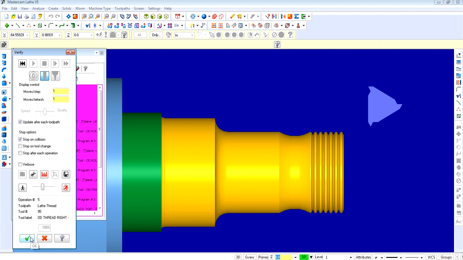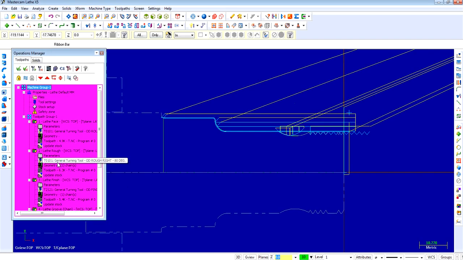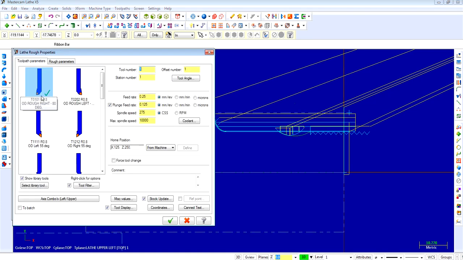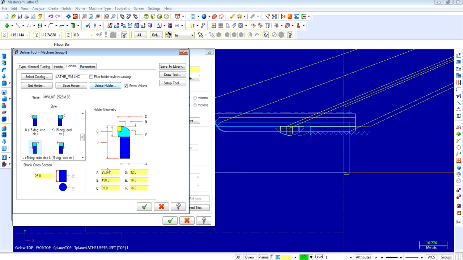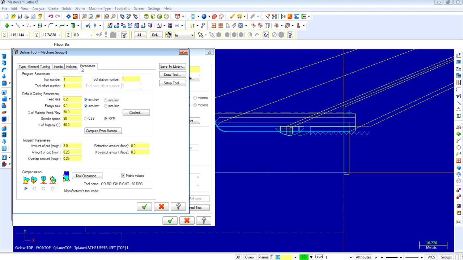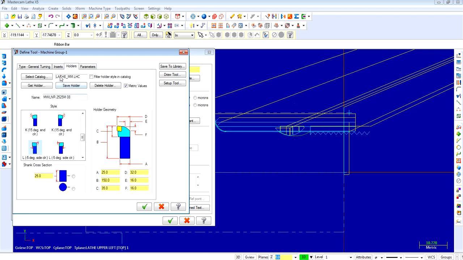So sometimes what happens is that the tool will get stuck and there will be a collision between the tool and the job. So for that we can change tool parameters. In parameters you can right click, edit the tool folders. You can change the parameters if you want this big, so you can get more access, so you can change all the parameters of the tools.